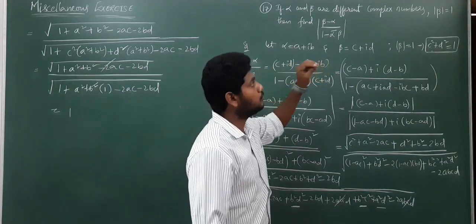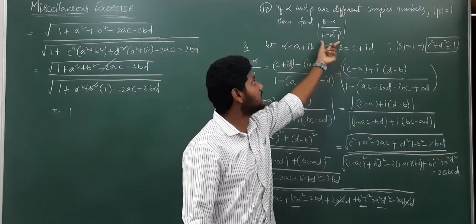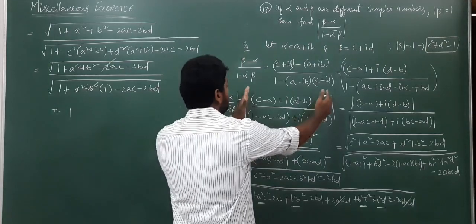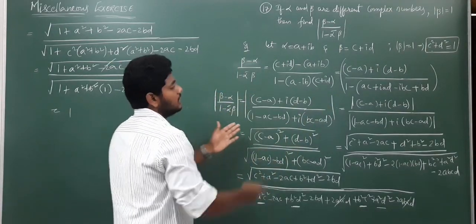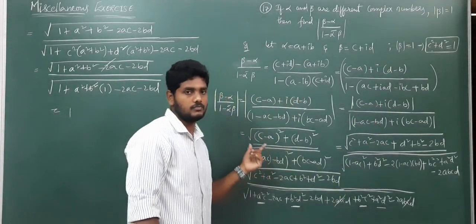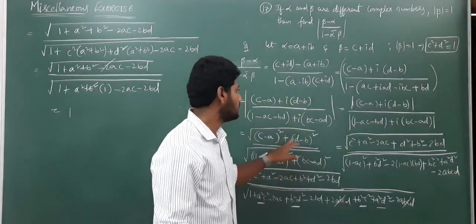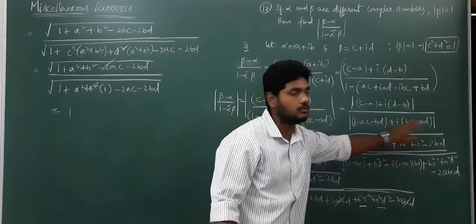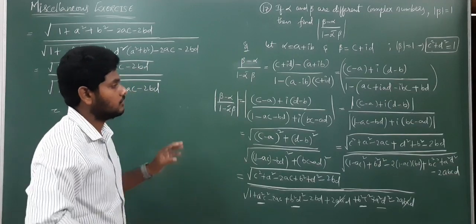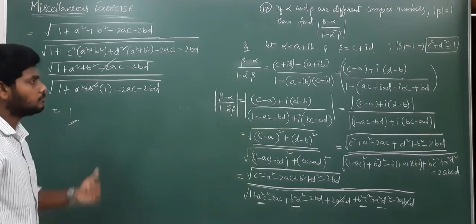So here alpha, beta are two different complex numbers. So for that alpha bar also we find. Those you substitute in the given expression, what we need to find. In that we need to simplify. From this point of view, whenever we get Z1 by Z2 modulus, we can take modulus of Z1 by modulus of Z2. Modulus is nothing but square root of a square plus b square, square root of c minus a whole square plus square root of d minus b whole square, divided by square root of this plus square root of this whole square. So that you simplify with 100% concentration, definitely you will get our solution. So the final answer is equal to 1. Pause the video to note it down.